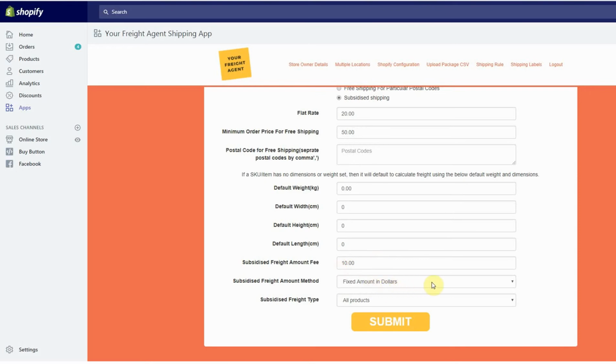Now that's a fixed amount in dollars, which means if your cheapest freight option is $20, it's going to take $10 off of that. So your customer's only going to see $10 on checkout. You can also do it a little bit differently. You've got a percentage amount of shipping. So this is really good for our customers that send bulkier items if they want to offer a percentage off